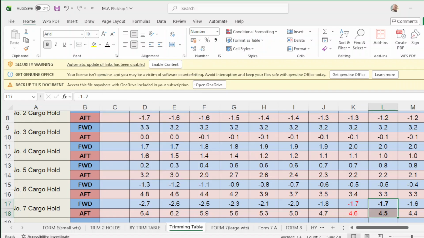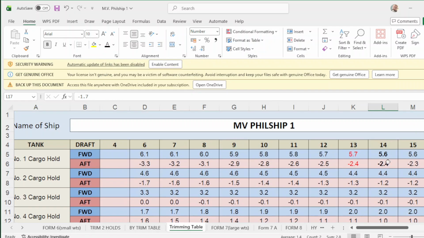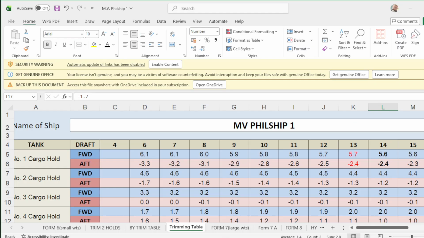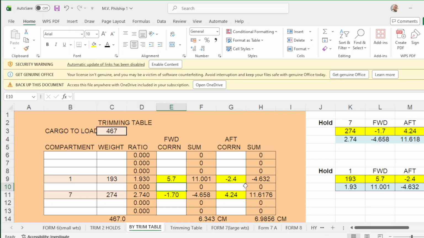So we go to number 1. Our nearest drop is 12.57. So forward is 5.7, and up is negative 2.4. So you have here negative 2.4. So number 7 is how much?